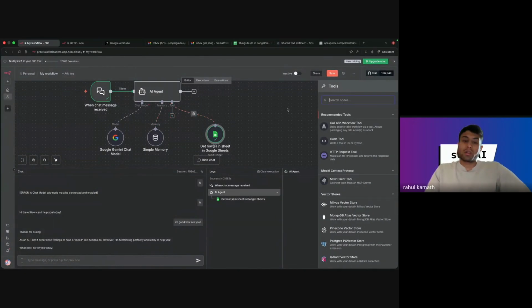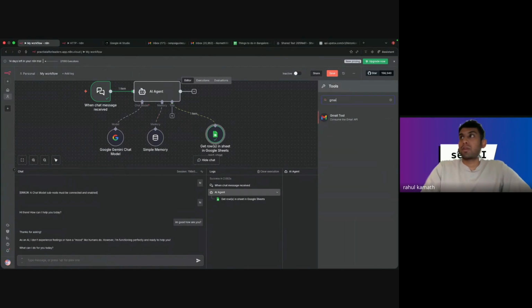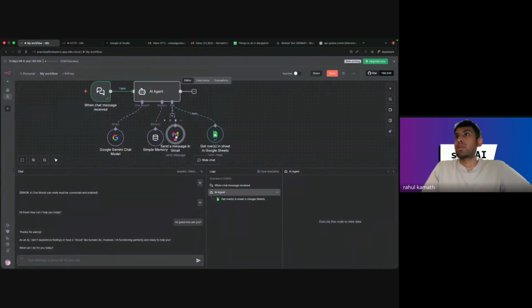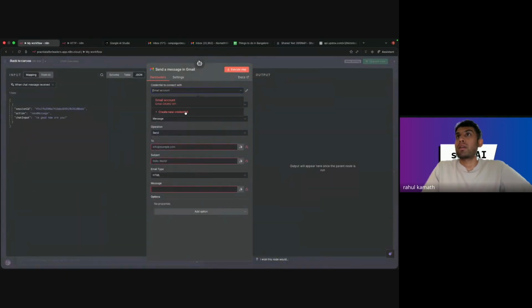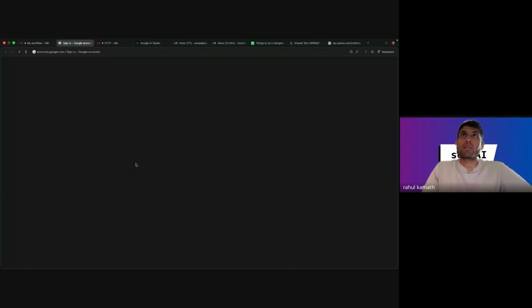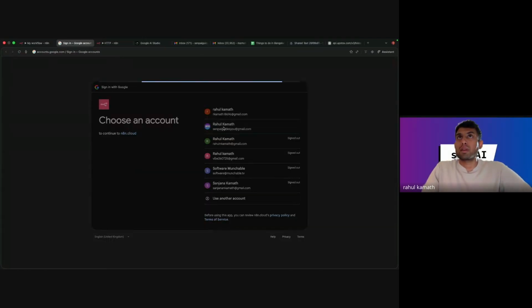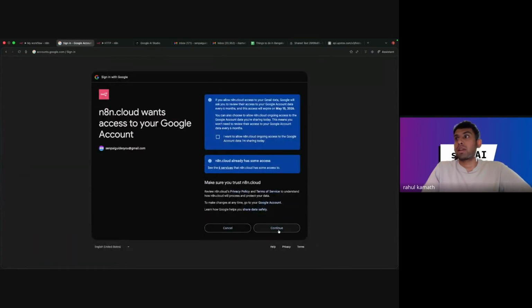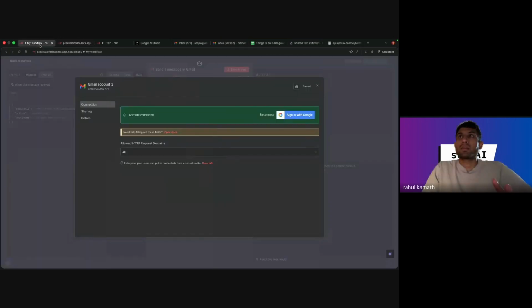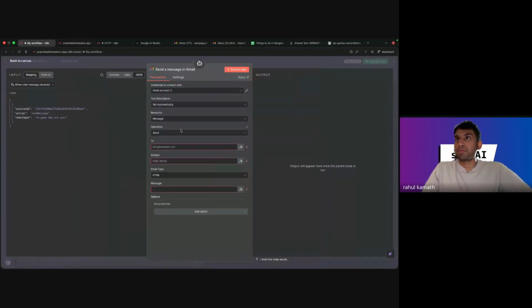Okay. So similarly, let me add the Gmail node. Again, it's very simple to add the Gmail node. You click on tool and then you search for Gmail, add it, and then again you need to create credential, do the same process, sign in with Google. But now you must be getting the hang of it, that with every action node, you need to sign in and give it permissions. It's pretty simple. Created.